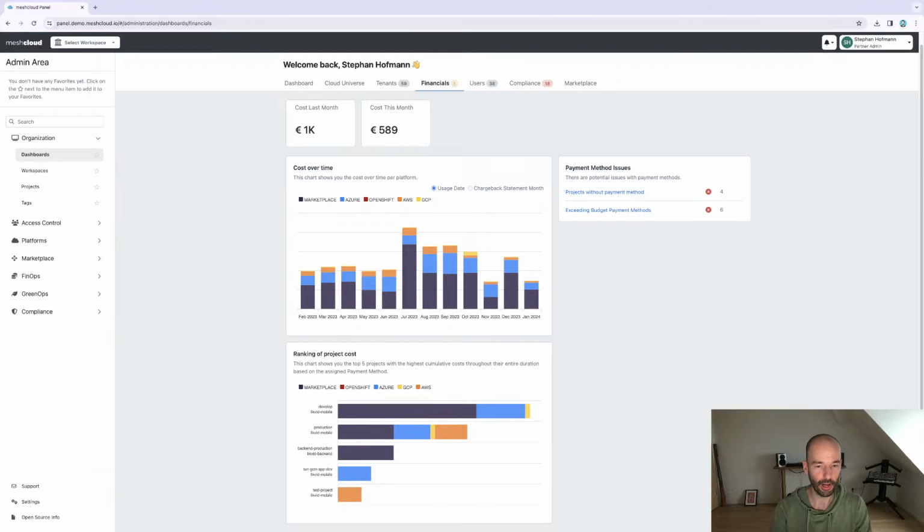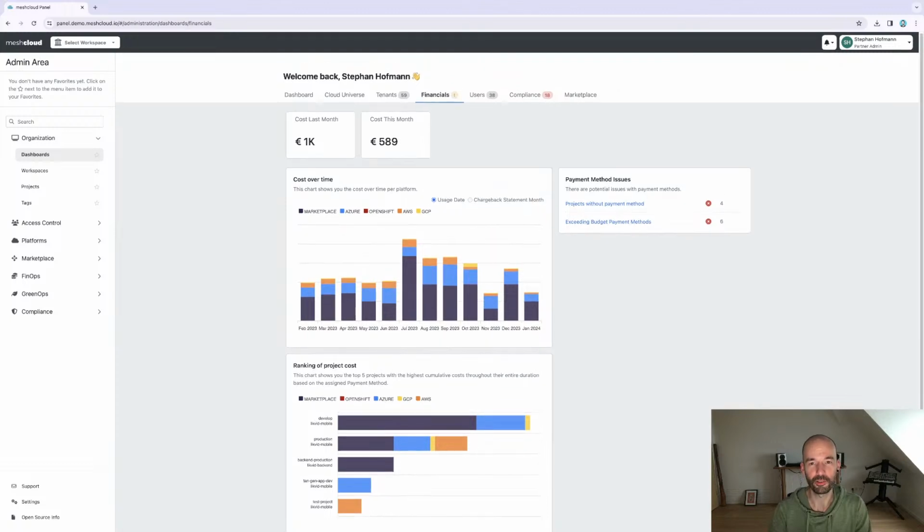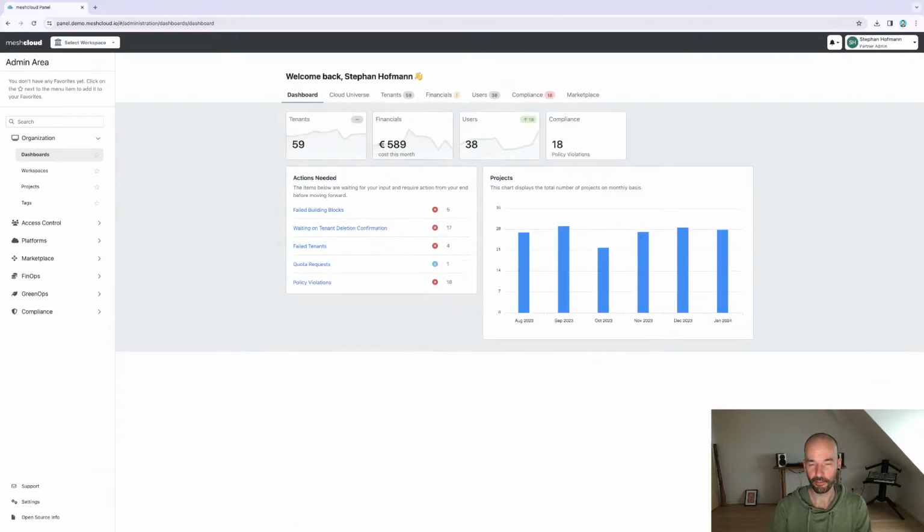And I'll show you later how you could then take remediative actions and send a message to these teams to look a little bit more on their spend, or completely avoid this by automating all of this, but we'll get to this now. So this basically, just as a first taste, this is what an admin would see when they